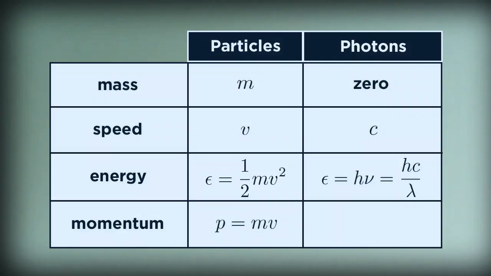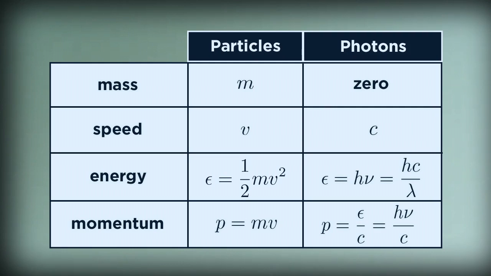Now, I realize it's hard to imagine something that's both a particle and a wave. I try to imagine photons as wave packets, glowing little bundles of energy with dark and light fringes. But that's just a mental image, and in quantum theory, none of our mental images are quite right. As for the momentum, that turns out to be equal to the energy divided by c. So the momentum of a single photon is h nu over c.